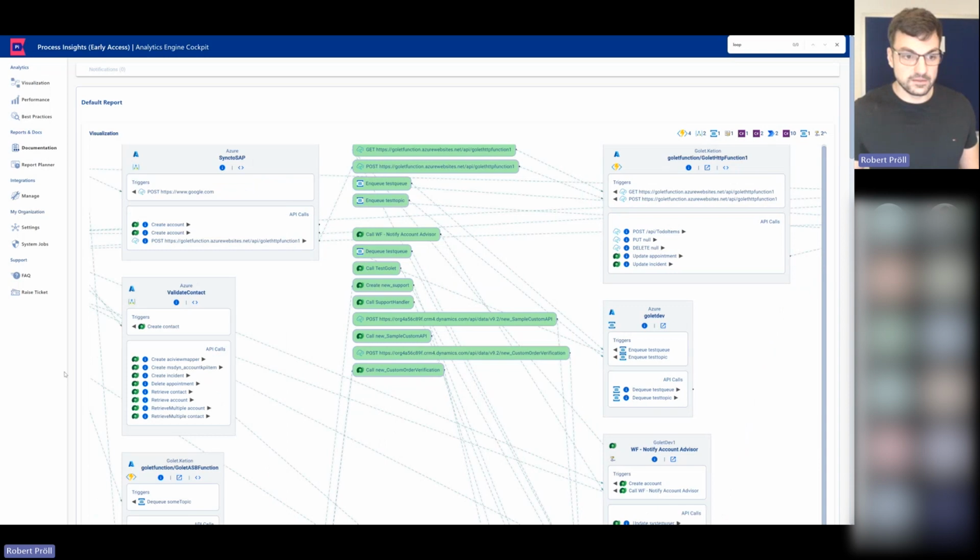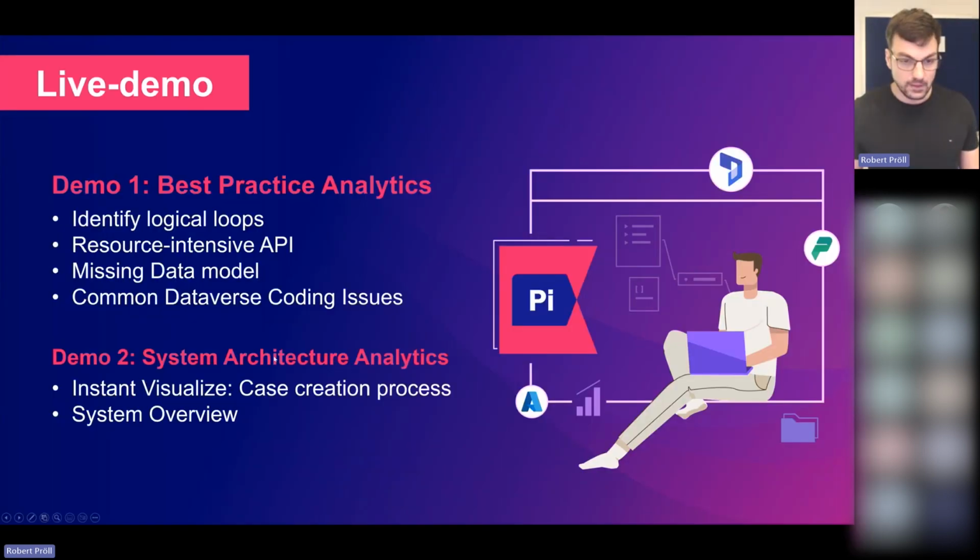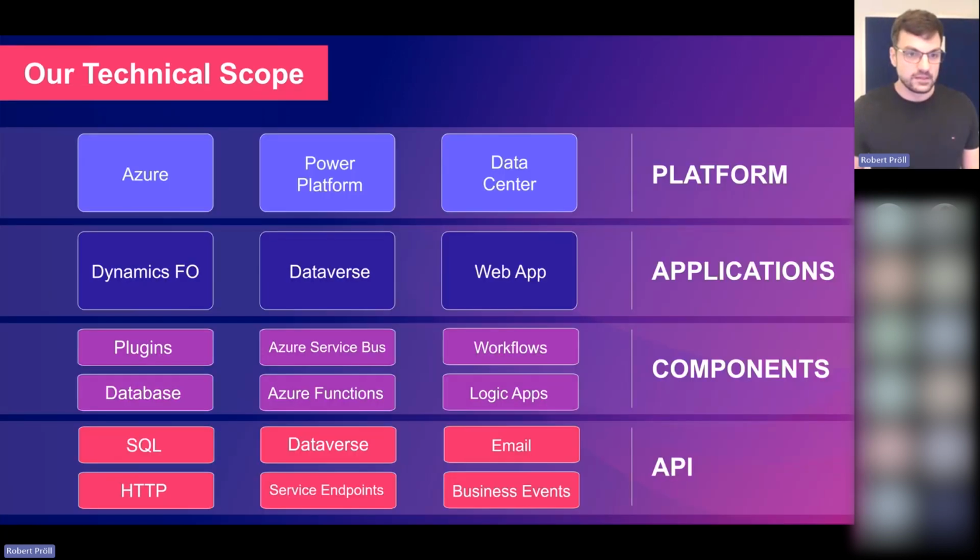Okay, then let me go back to my slides here. As I said, we have the case creation process. Actually, I skipped this because it's more or less the same. Here in System Overview, we have seen that. Then when I have the technical scope again, this is basically a reminder to rethink a little bit about the